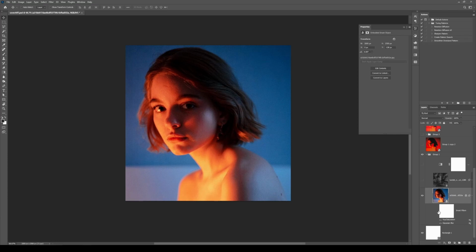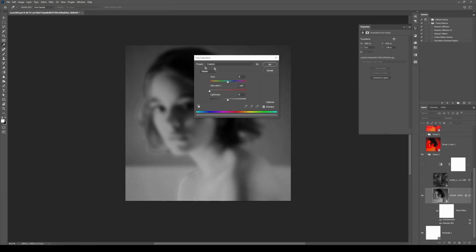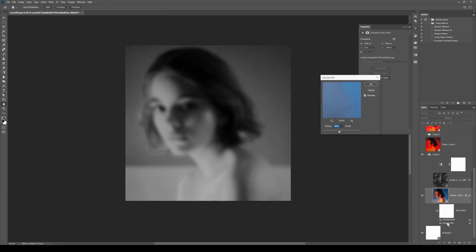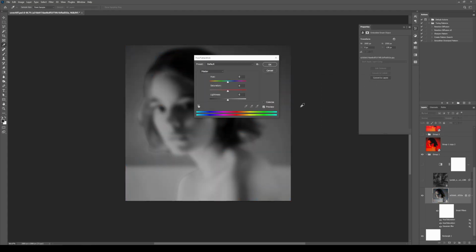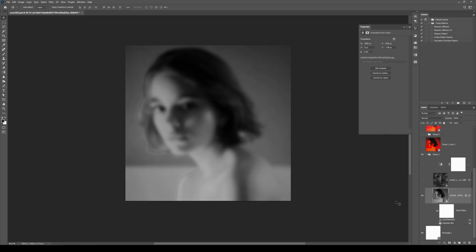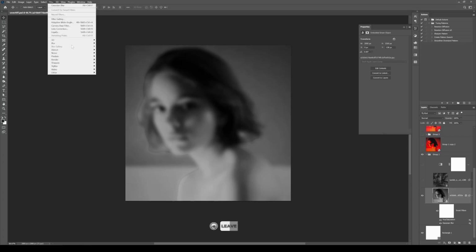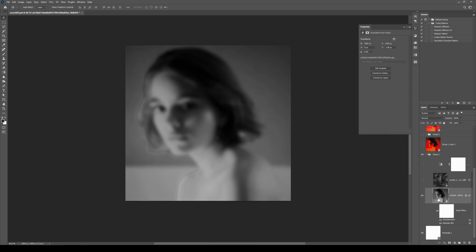Photoshop. I have then applied some smart filters, a hue saturation. I've desaturated the image, and then some Gaussian blur, 20 pixels of Gaussian blur. Hue saturation, you can press Ctrl U and desaturate the image, and then Gaussian blur, you can go to filter, blur, and Gaussian blur. But before doing any of those, make sure that you convert your layer to a smart object. And then I have applied a